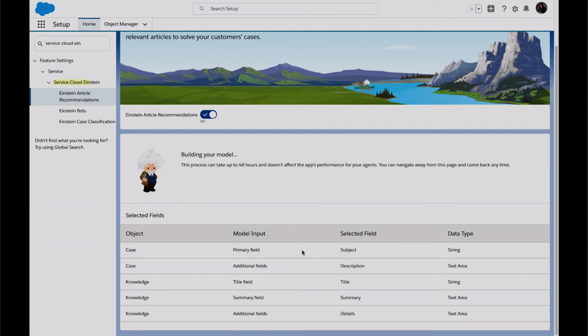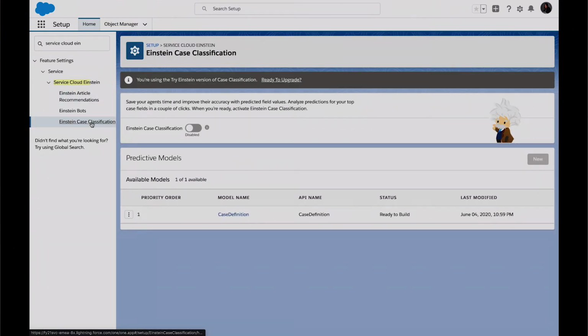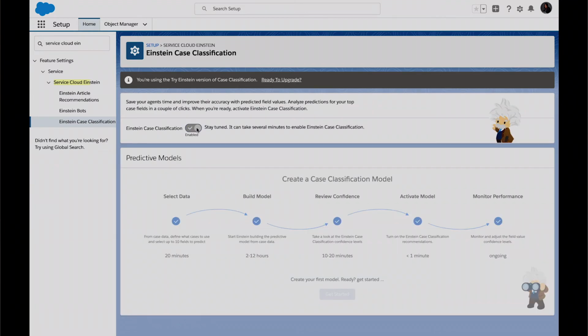And the fields on your knowledge articles that are most relevant for solving customer problems, like article summary, like you've seen that we have done on the screen here. Now, once that's done, Einstein will build a model, and once it's ready, you just need to activate it. Now, case classification has a similar setup flow, where you add the fields you want Einstein to predict, and it will analyze past cases to build a prediction model. It's best to have at least 1,000 closed cases in the past 6 months with non-empty subject and description fields